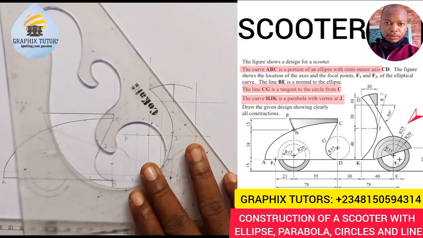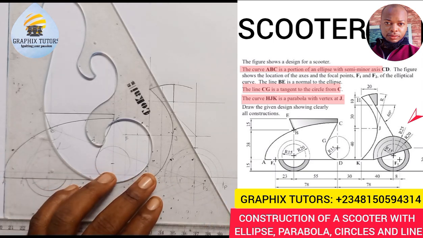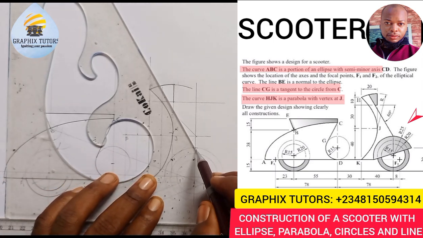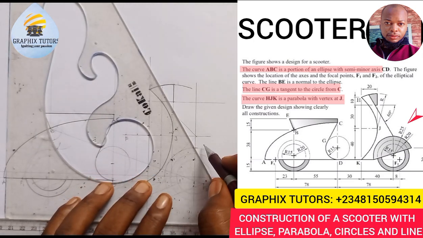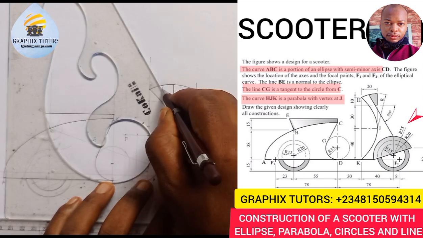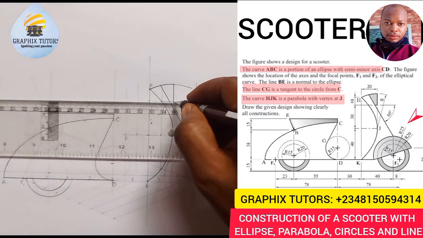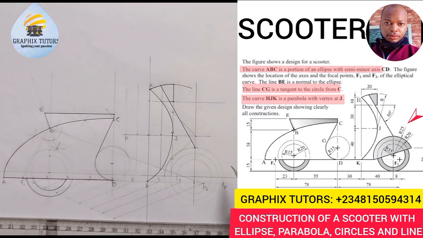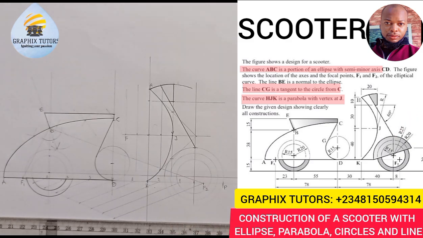60-degree set square, and I'll move it until it touches this height here. Hope you can see that. That is where it is going to reach, right? So I'll just draw it to a touch here, and this is coming here. Can you see that? Then for me to discover where this outer frame will end, I'm going to measure